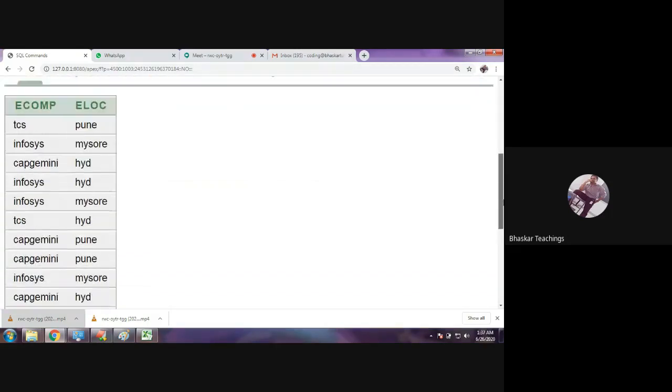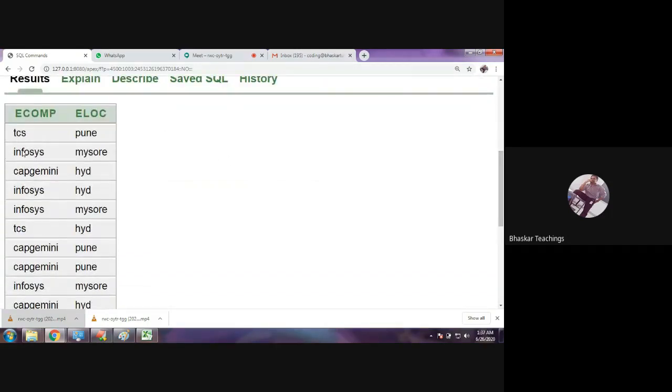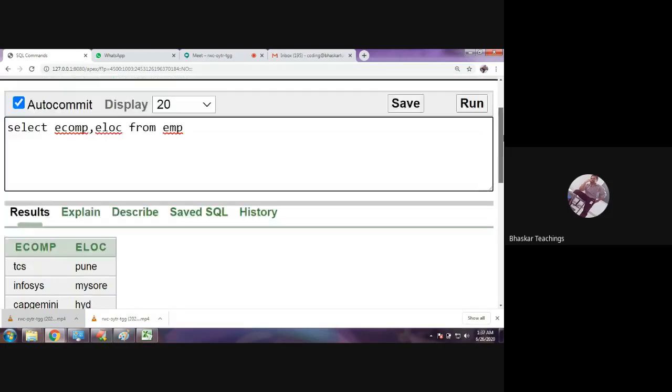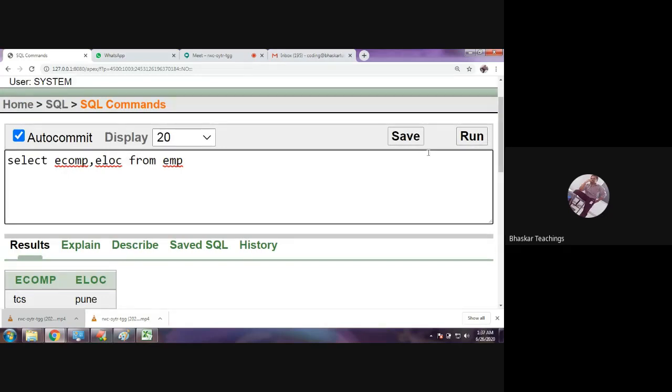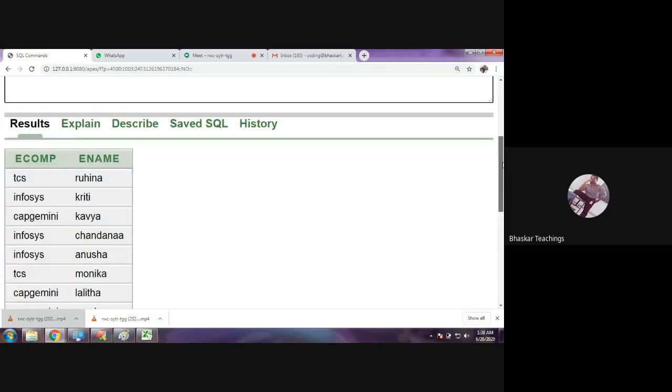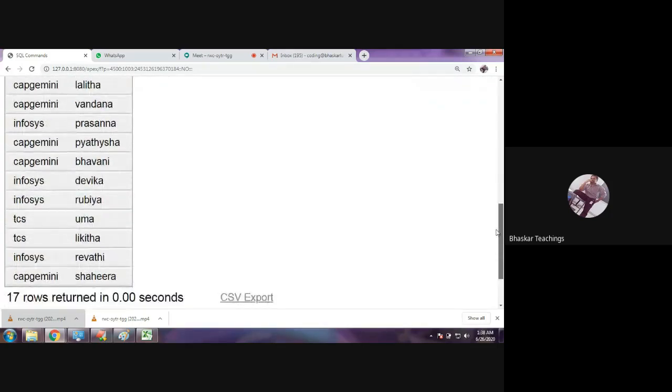Yeah, this would be fine. TCS Pune, Infosys Mysore, Capgemini Hyderabad, Infosys Mysore, TCS Hyderabad. Otherwise, let us say e name. Yeah, this would be good, I guess.